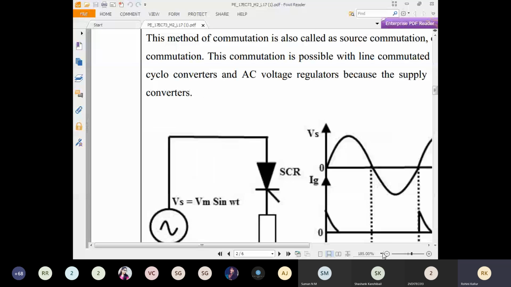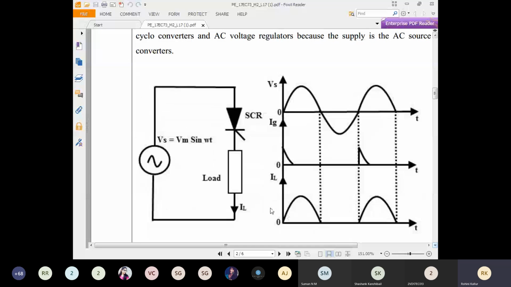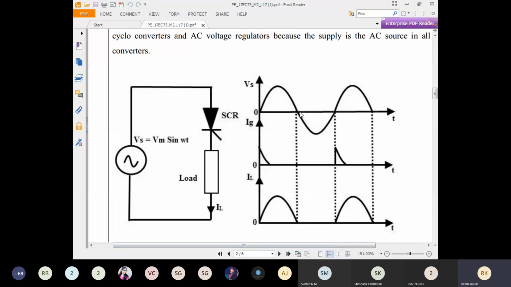Next, what happens is here in the zero crossing, observe carefully here. Here in the zero crossing, you have your load current, which is up to whatever is your applied input voltage. Okay, this is the same. This is because the gate pulse is applied at t equal to 0. If the same gate pulse is applied at this particular instant, then this portion of the waveform will be clipped off.